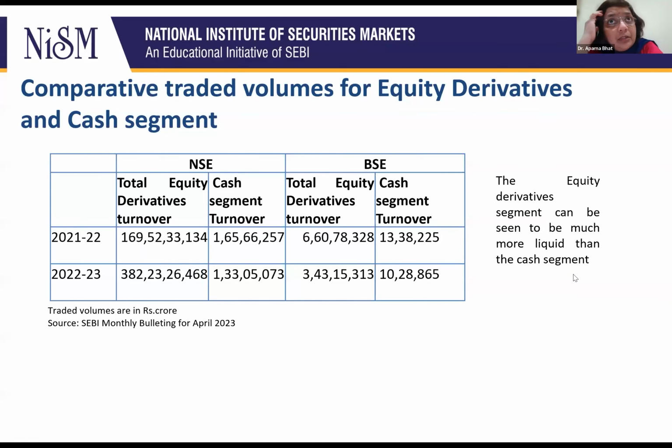So that's an advantage. If something is very liquid, how is it an advantage to the investor? Because getting in and out of the market becomes very easy if it's a liquid asset. If it's an illiquid asset, then getting in and out can be very challenging. For example, real estate is an extremely illiquid asset. Suppose you have a house and you want to sell it, you can't do it in a jiffy. It will take at least a few months to find a buyer and conclude everything. The equity derivatives market, on the other hand, is extremely liquid.